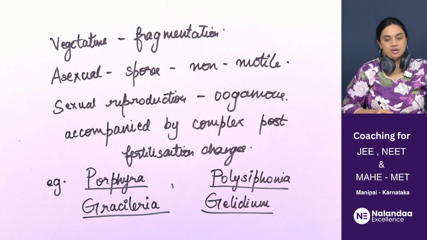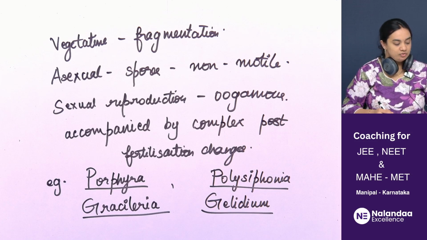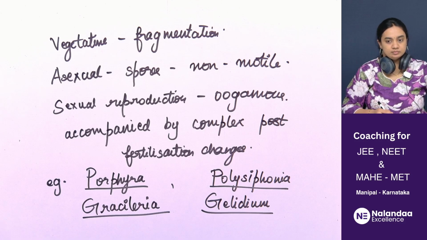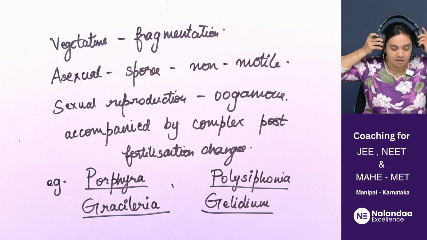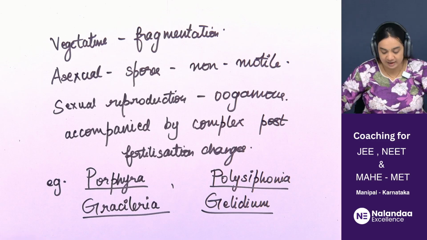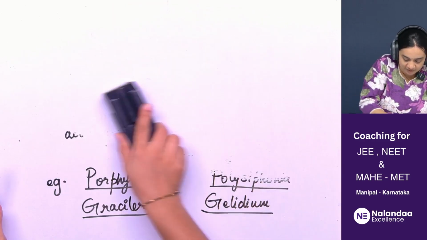Is this clear? Do you have any questions so far? Clear? So with this we complete the 3 classes of algae. Okay, so one is Chlorophyceae, the other one is Phaeophyceae, and the last one is Rhodophyceae. Okay, clear? Yes, green algae, brown algae and red algae. Now finally what is left is talking about